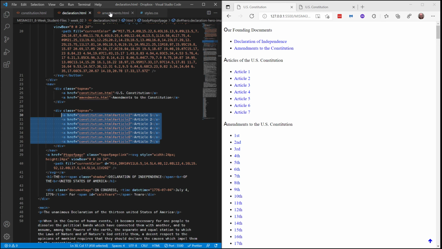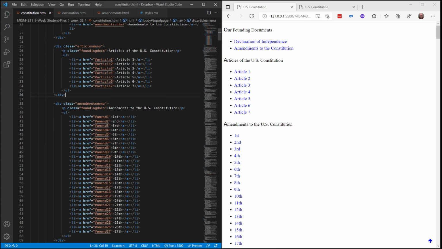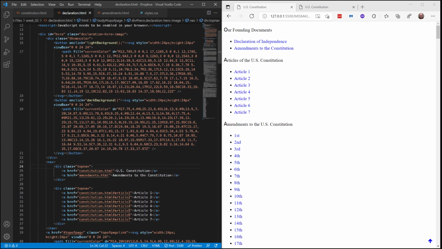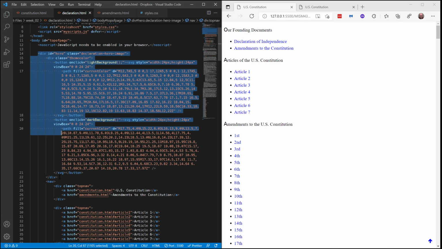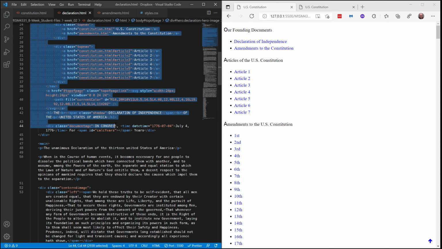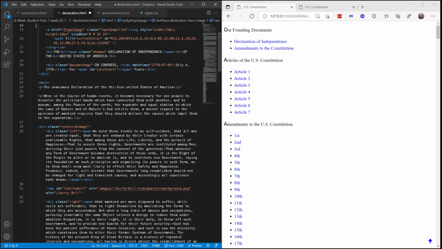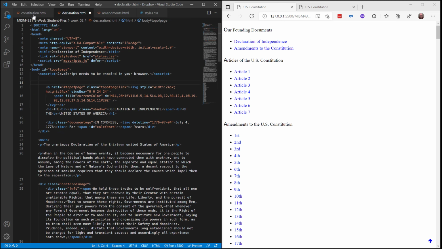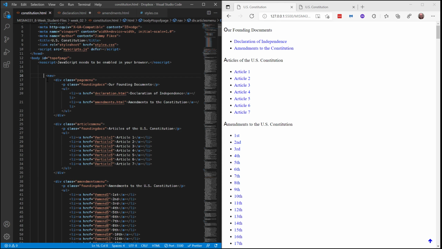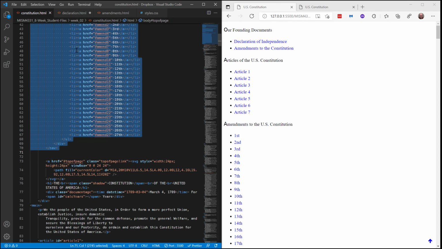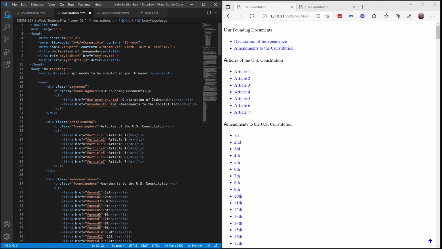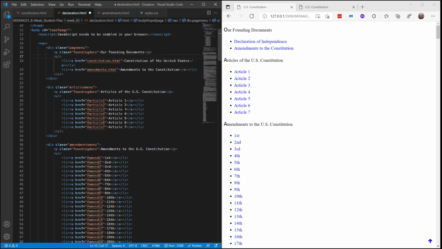File is saved, so all that remains is for me to do the same thing in each of Declaration and Amendments. So I will come into Declaration, get rid of the things I don't want, which are the div all the way down through the closing nav tag. I'm going to delete it all, come back into Constitution, copy all of the nav section, paste it right in there. I'm going to have to do some cleanup because here in Declaration, we don't want to have a link to Declaration, so we'll change that to Constitution, change the name for that link too,